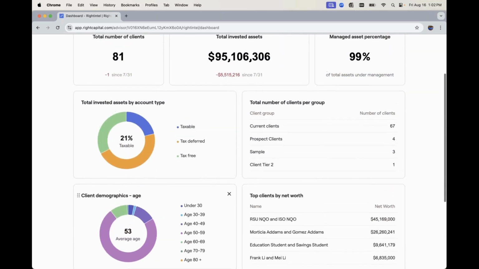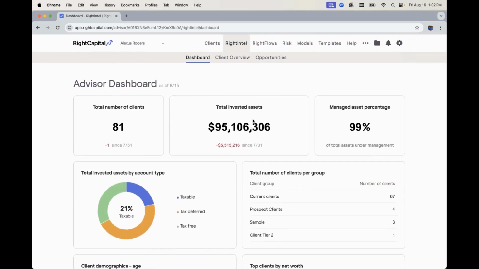There's a lot of other key pieces here as well, where we can also view a couple other client overview aspects, opportunities, and such within RightIntel. But that key enhancement for RightIntel, just very quickly, is those two main graphics that can be beneficial for really understanding that target market for yourself. Which is going to bring us to one of the other key pieces of a quick update that happened for